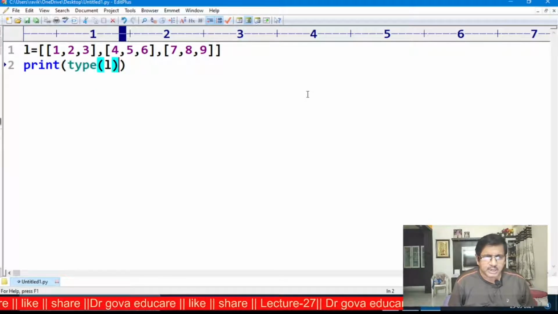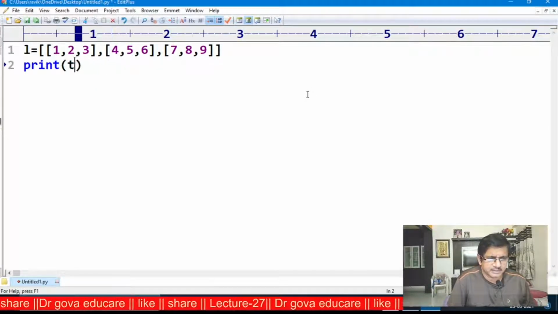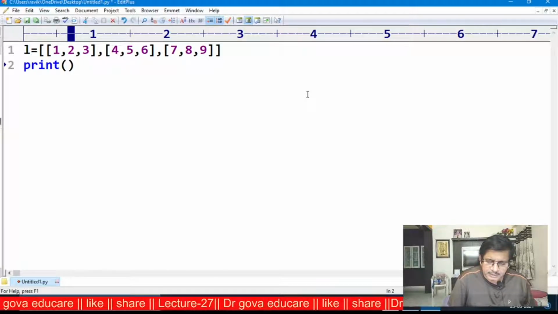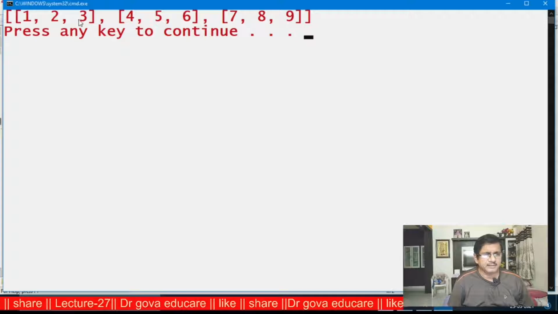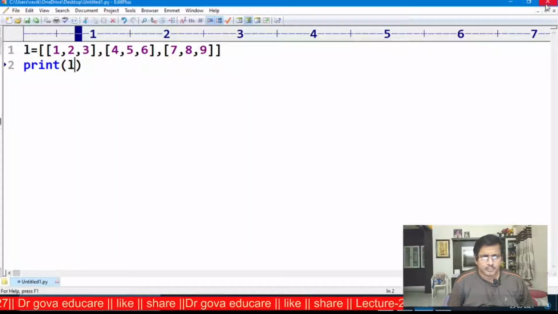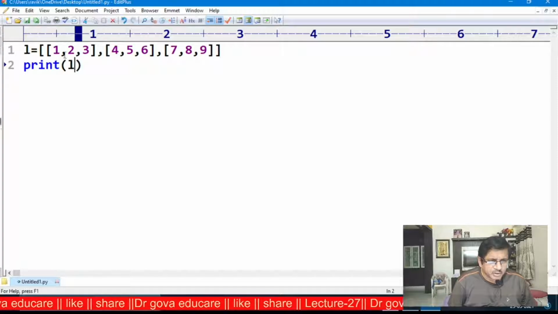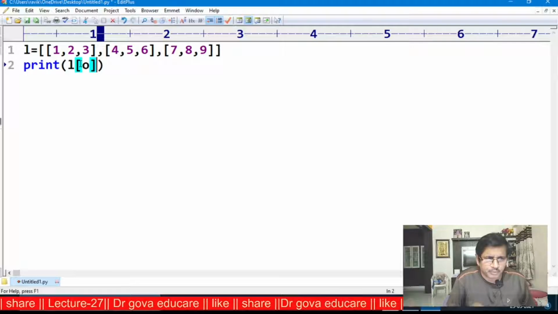I want to display the entire list. The entire list will be displayed as it is, that is 1, 2, 3, 4, 5, 6, 7, 8, 9. Now this is the zeroth element, 1, 2, 3. It is the zeroth element of the list. This is the first element of the list. This is the second element of the list. Now that is L of 0.